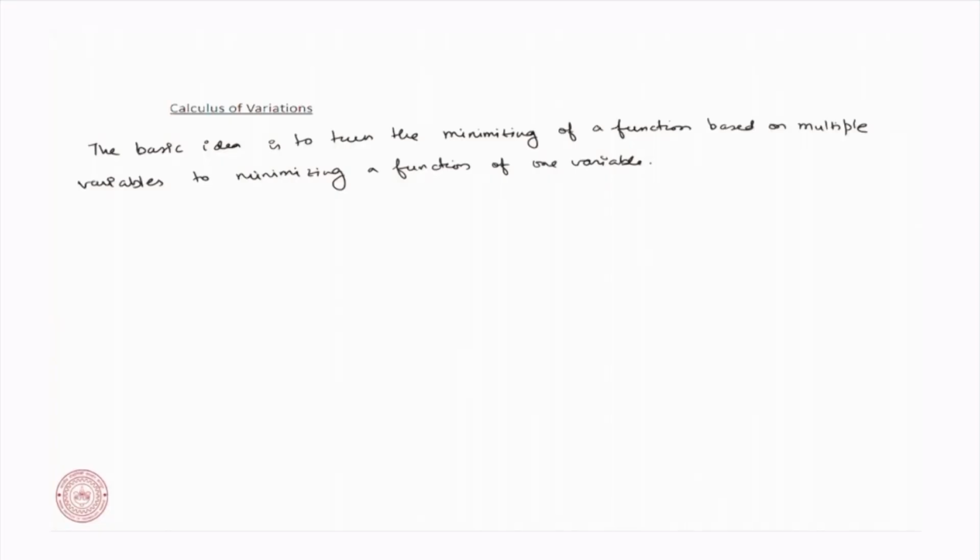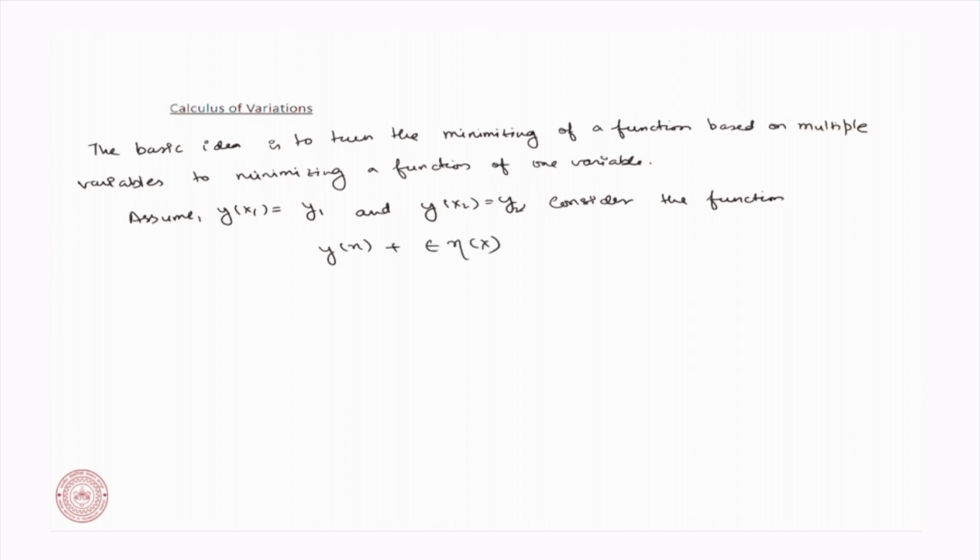So, let us take an example for this, and that might be an easier way to approach this. So, assume y of x1 equals y1 and y of x2 equals y2, and consider the function y of x plus epsilon eta of x, such that we impose that eta of x1 equals eta of x2 equals 0, that is the